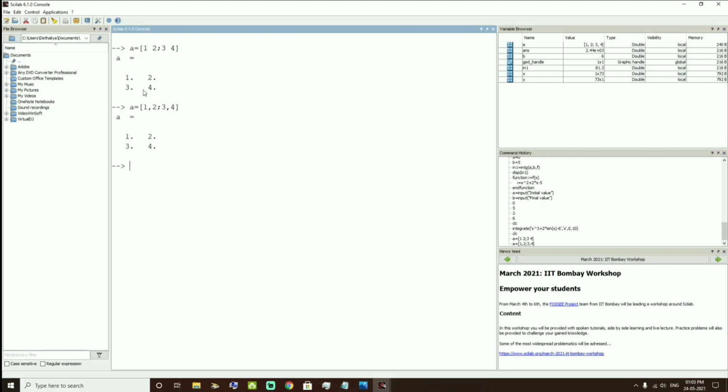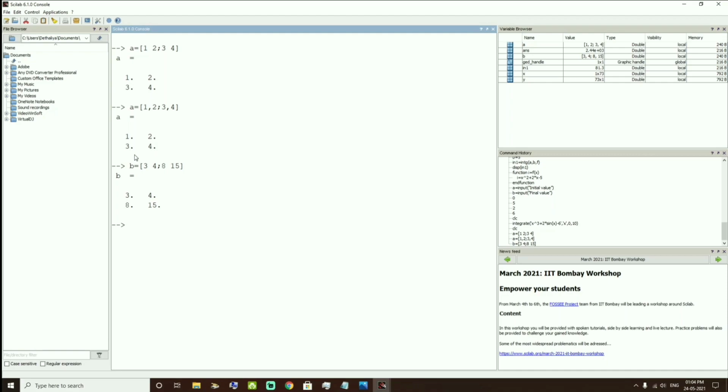Okay, for matrix we should use the square bracket here. Suppose B is equal to 3 space 4 semicolon 8 15. So we will get the answer B is equal to 3 4 8 15. Okay,